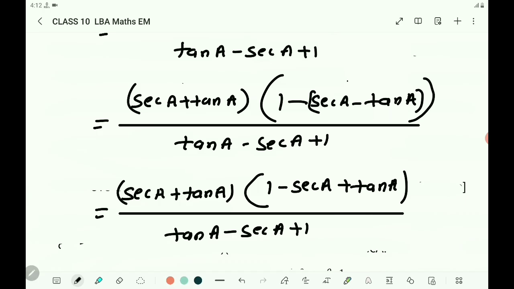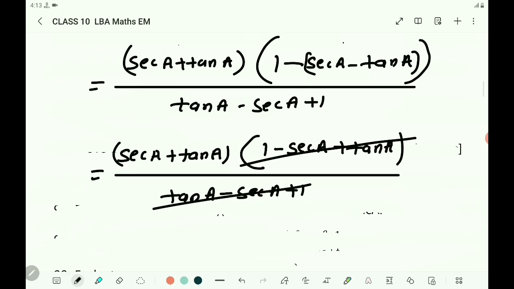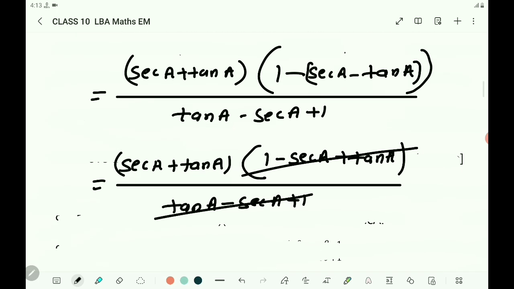Here observe these two, both of them are same, tan a minus secant a plus 1 is there, so you can cancel this one. Then what is remaining, secant a plus tan a is remaining,